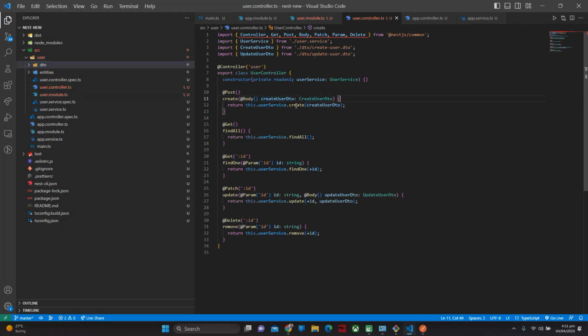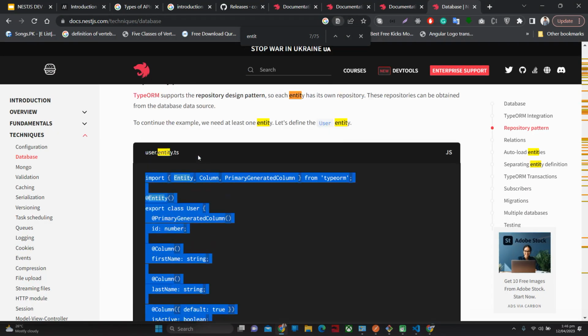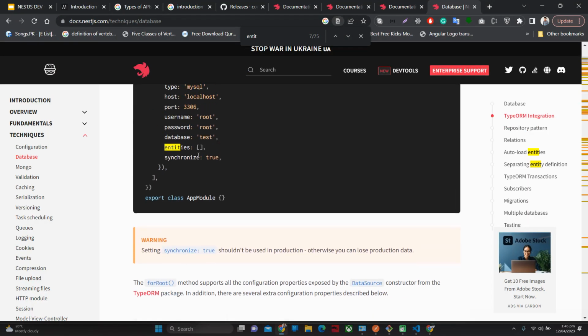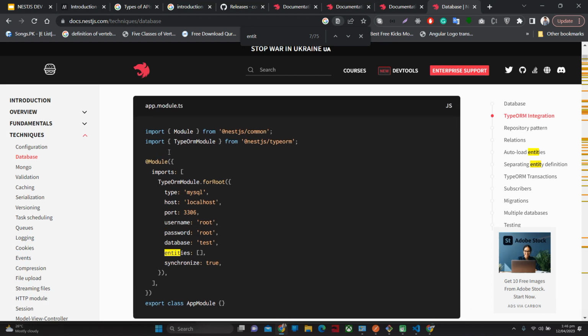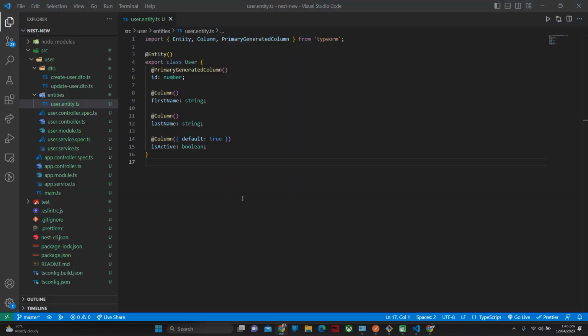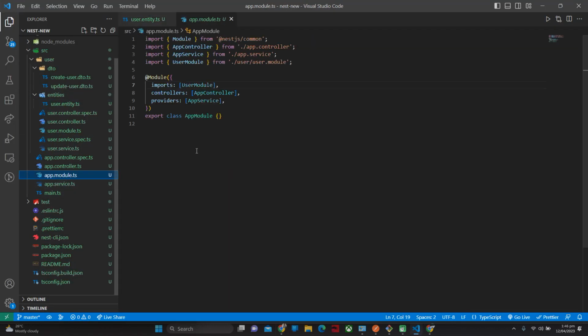So we will set up that first. To set up TypeORM, we will just go to the basic setup of how you can create entities and create the CRUD out of it. So before that,